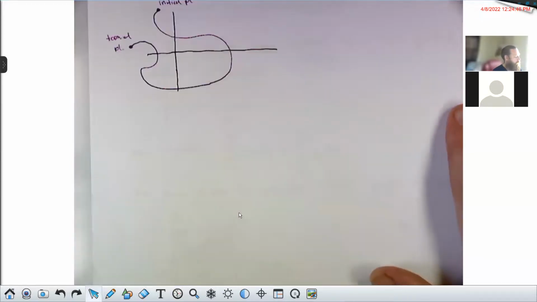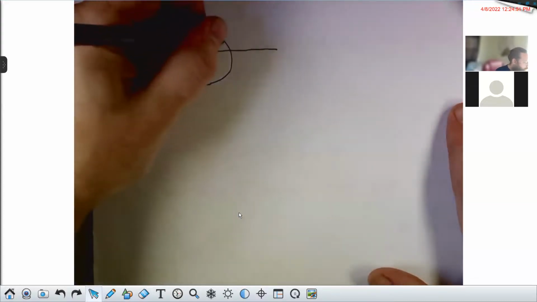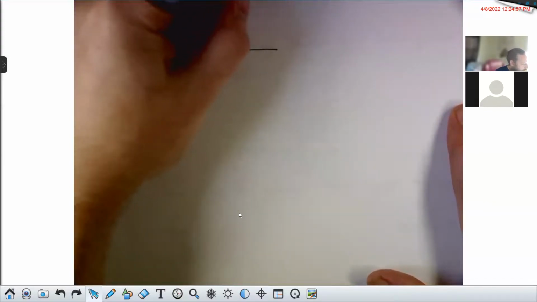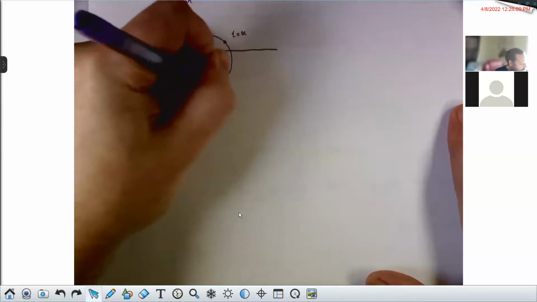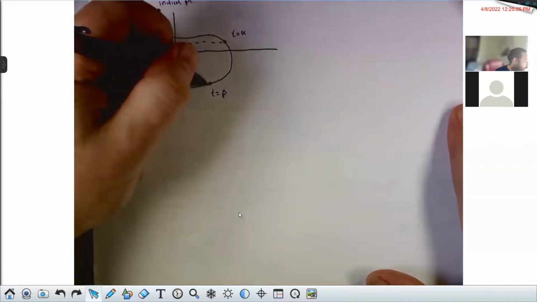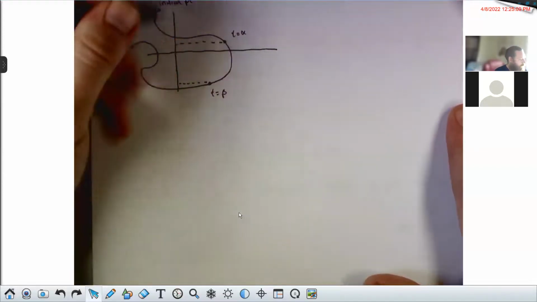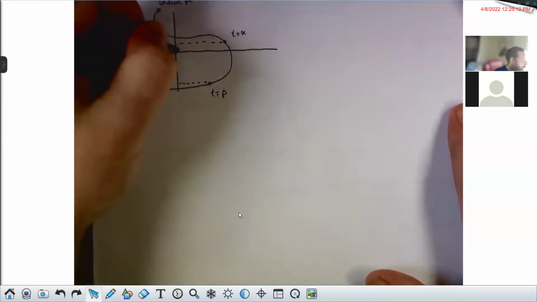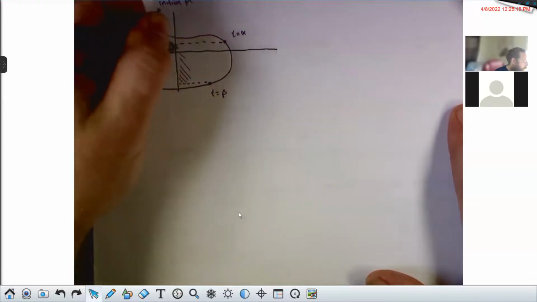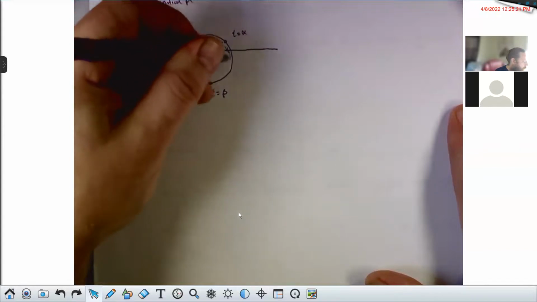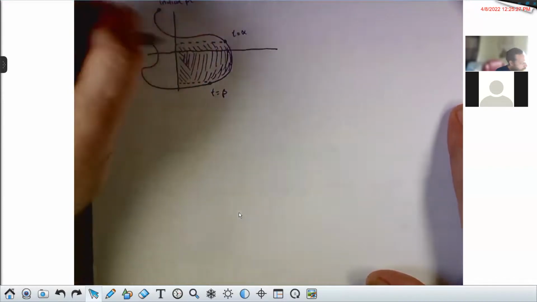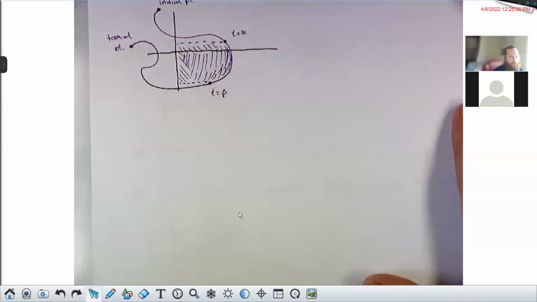Terminal point here. If I want to find maybe the area bounded between my curve and the y-axis from, I'll call this t equals alpha, and this t equals beta, then I can calculate this area. I can find this area